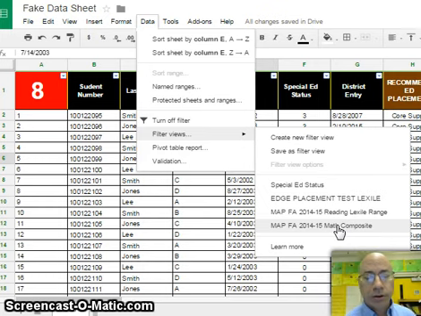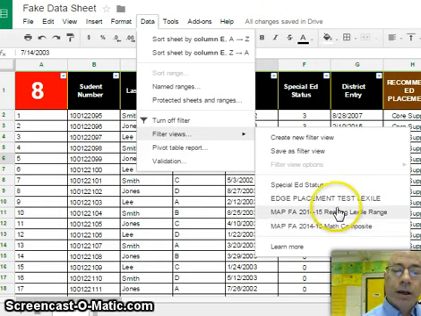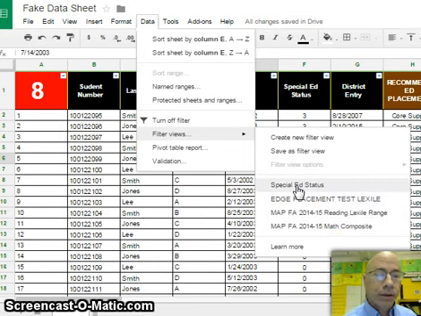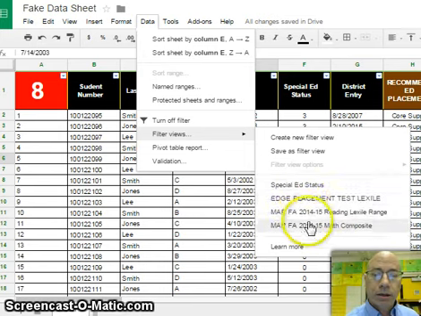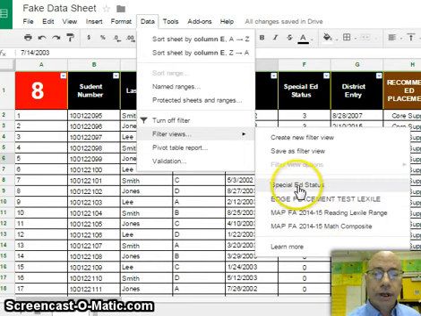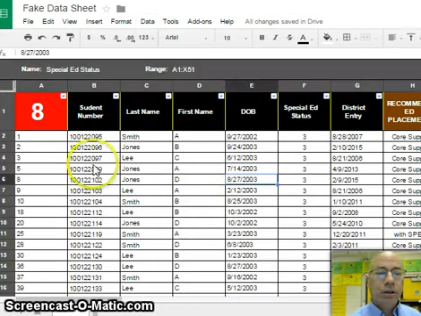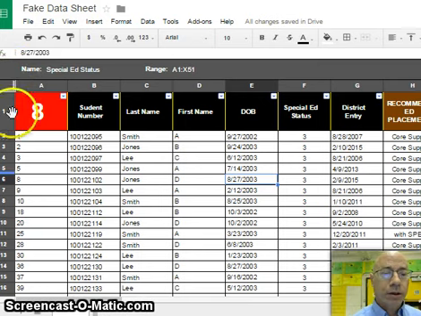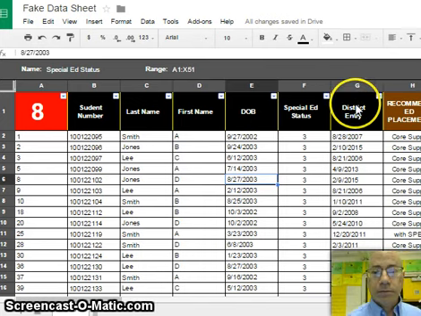Again, these are not for the students here. This is all a faked sheet. In order to see information from one of these filters, you just click on the filter. So I'm going to click on Special Ed Status, and you'll notice that a gray bar and frame come up. That's to tell you that you are inside of the